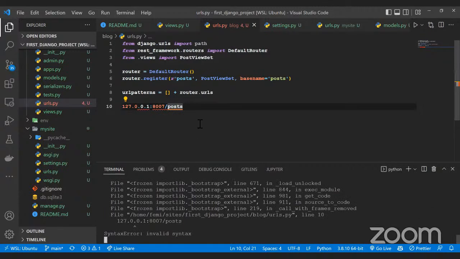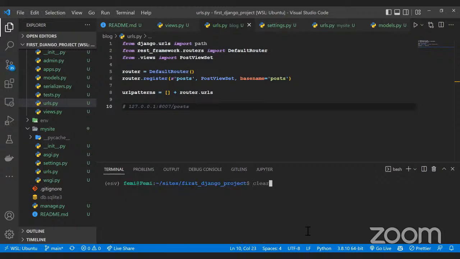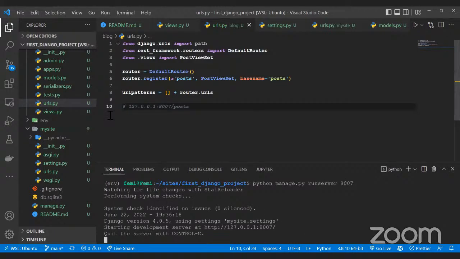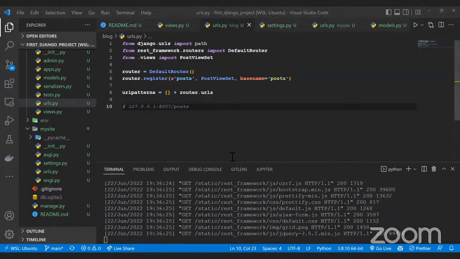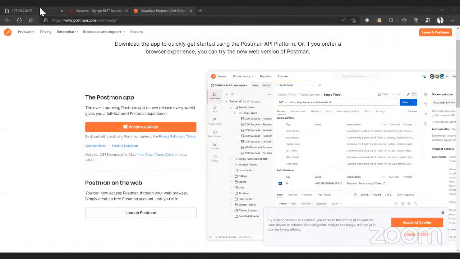So now I want to run my server. There's an error here. So I want to run my server and see where we are. And of course, I'm going to open up Postman on my computer. Yeah, and I said earlier that REST framework provides a browsable API. So now, when I open up 127.0.0.1:7000 on my browser, I see that this was the earlier request, but if I check again now,